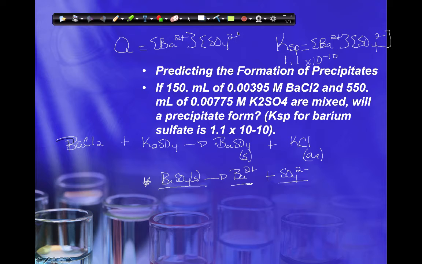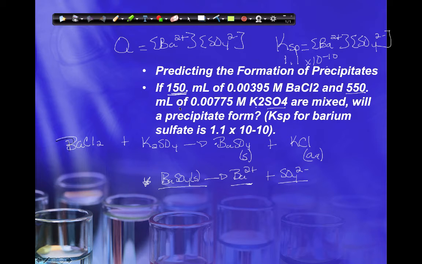So I need to get the value of Q and then compare it to this 1.1 times 10 to the negative 10th. So I need to know my molarity of barium and my molarity of sulfate. It does give me a molarity, but I have two volumes here. And essentially, when you put these two things together, you're changing the volume. The volumes are additive here, just like in a titration. So what you have to do is figure out how many moles you have of this, and how many moles you have of the sulfate, and then get the new molarity with the new additive volume